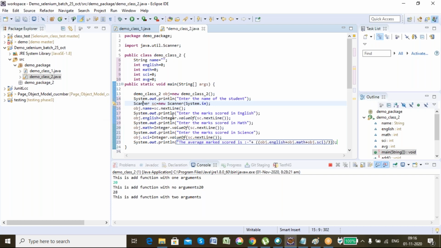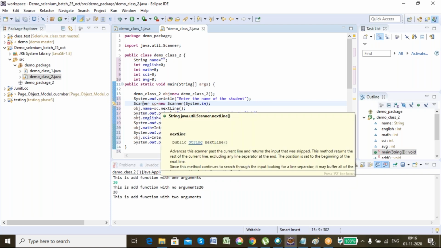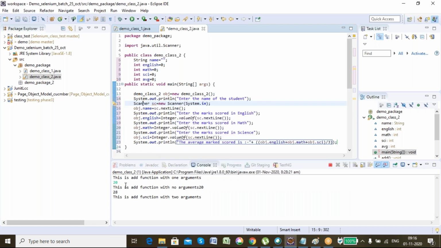Scanner has the nextLine function, and I am calling it. So what is the work of this function? This function takes the input from the keyboard when I enter it, and after taking the input from the keyboard, you use the value anywhere you want.